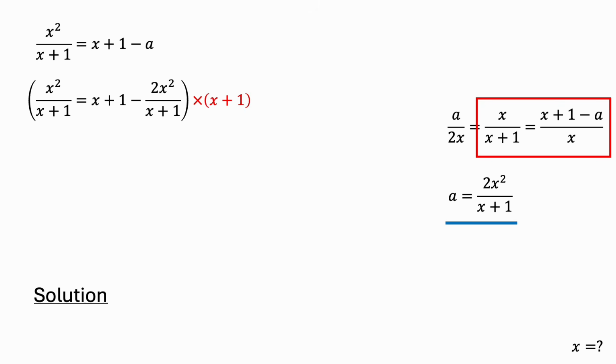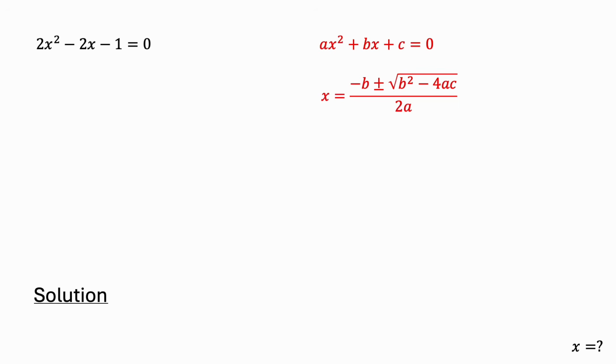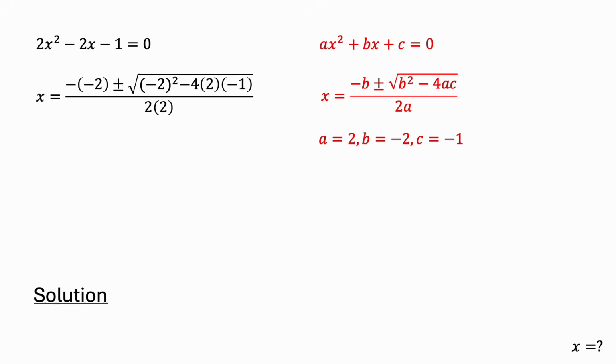Multiplying both sides by x + 1 gives x² = (x + 1)² − 2x². After expanding the brackets and simplifying, we arrive at the quadratic equation 2x² − 2x − 1 = 0. Using the quadratic formula, with a = 2, b = −2, and c = −1, gives us two possible solutions: x = (1 ± √3)/2. Since x is greater than 0, we have x = (1 + √3)/2, which is the